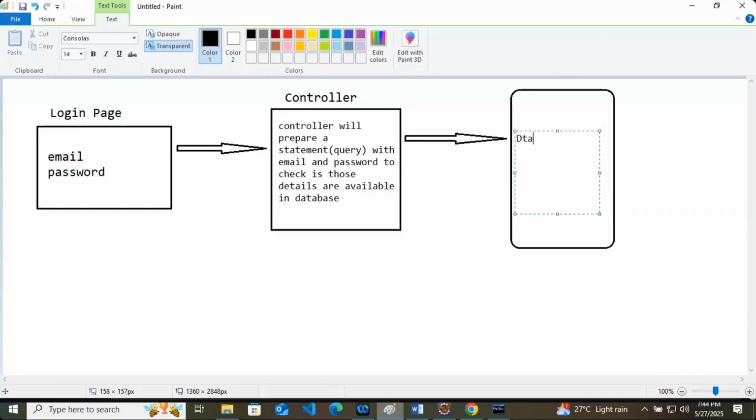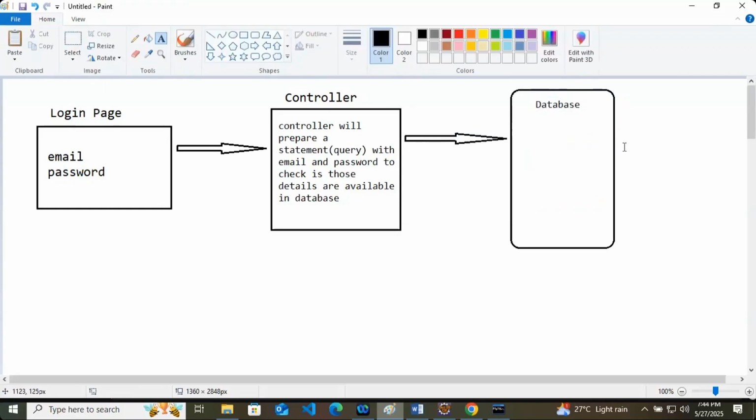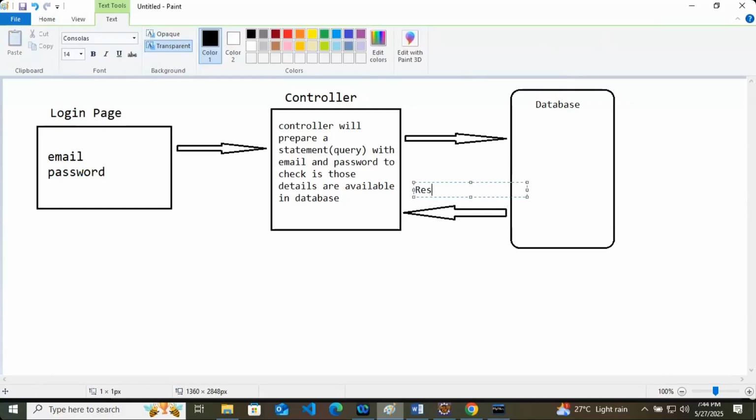Once the details are checked, the database will return a result set, as we are working with normal JDBC. It will return the result set to the controller only.